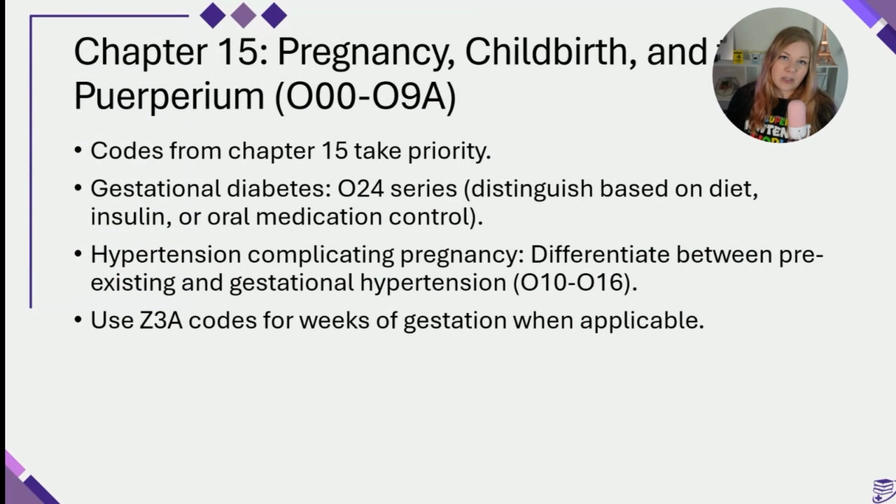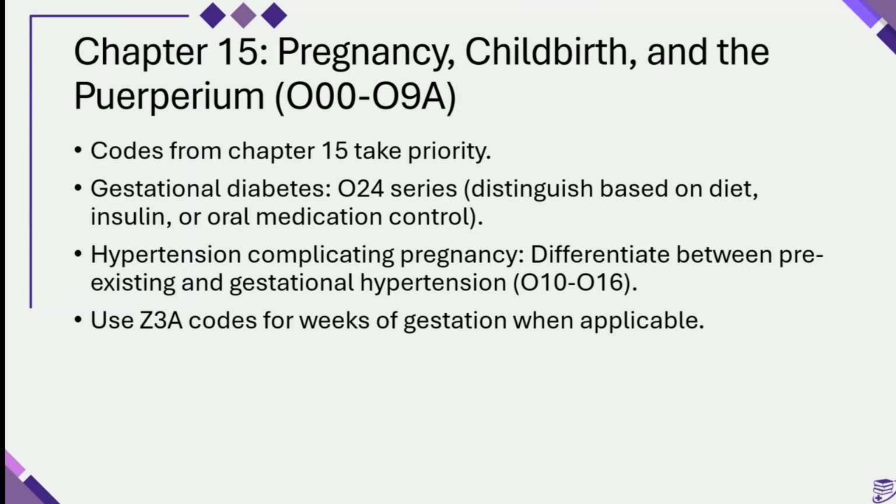So pregnancy, childbirth-related conditions, gestational diabetes is our O24 series, and those vary based off the management. So is it diet, insulin, oral medication control? Pre-existing hypertension is coded differently than gestational hypertension. So pay close attention to the documentation if that pregnant patient developed hypertension during pregnancy or they already had hypertension and then became pregnant. That does impact the code selection. Also, don't forget to use the Z3A category codes to document the weeks of gestation, and that is really essential